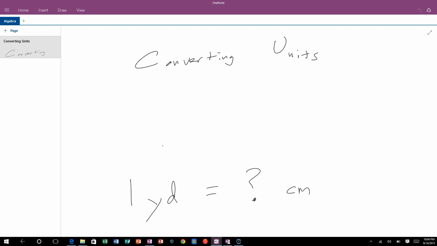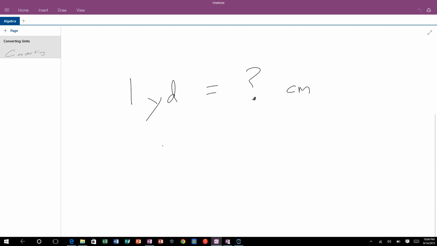So I have a question here, which is 1 yard is how many centimeters? I don't know that off the top of my head, so how can I get there? Well, we can work with units and we can change between different types of units by thinking of the good old